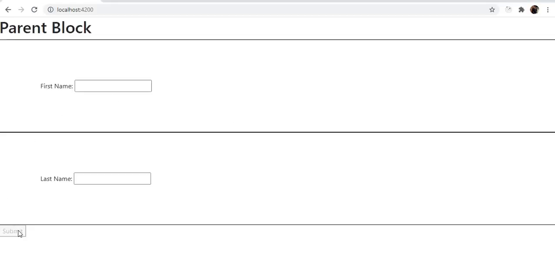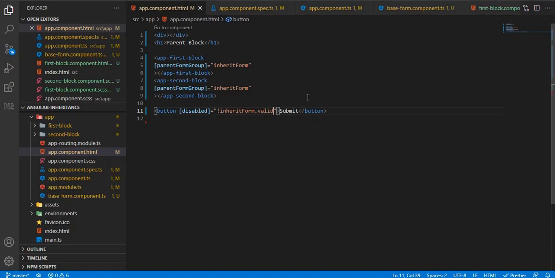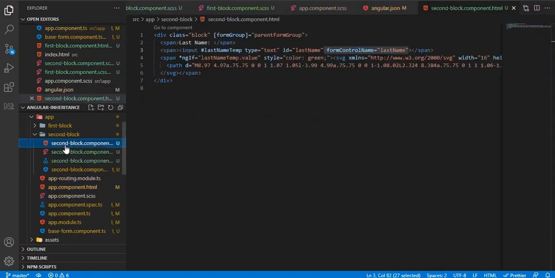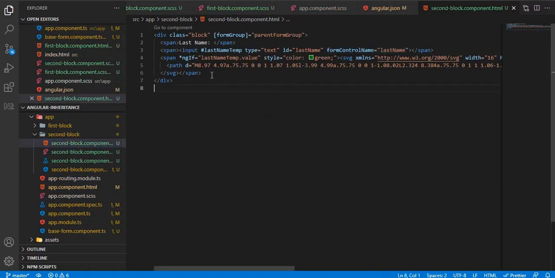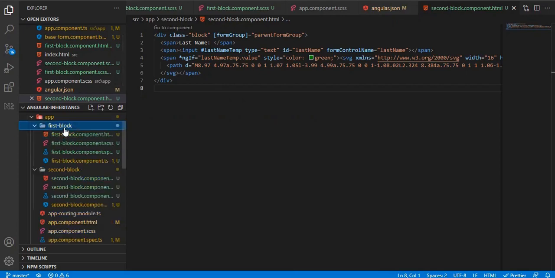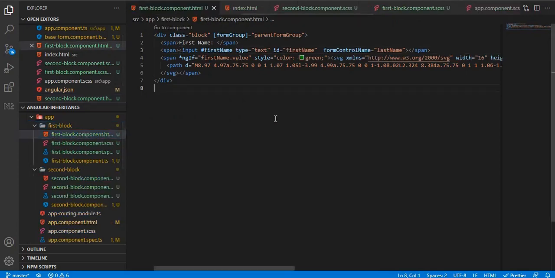So the submit is disabled. The first name and the last name are already filled in. Okay, now if I enter first name and last name, oh, this should be first name.